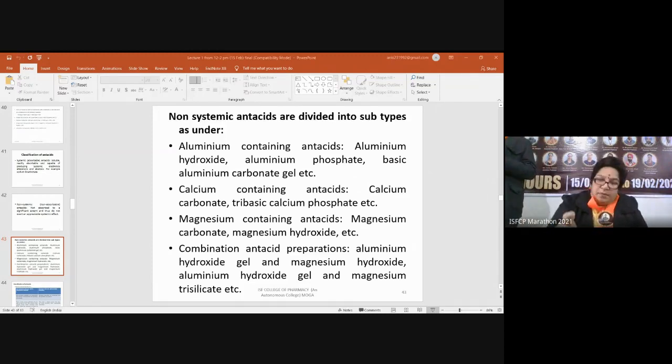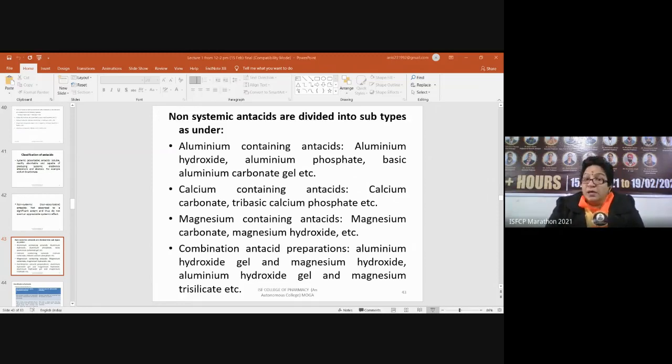Brief overview of the antacids: non-systemic or non-absorbable and systemic or absorbable. Non-systemic are compounds that are not absorbed into the systemic circulation. Systemic antacids are absorbed into the systemic circulation. Their anionic group neutralizes the hydrogen ions in the gastric acid in the case of non-systemic. This releases their cationic group, which combines with the HCO3 minus from the pancreas to form an insoluble basic compound that is excreted in the fecal matter.